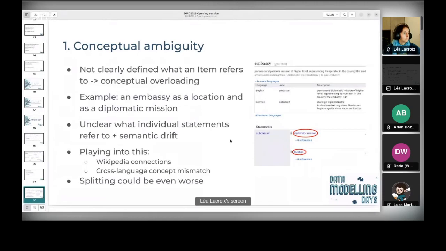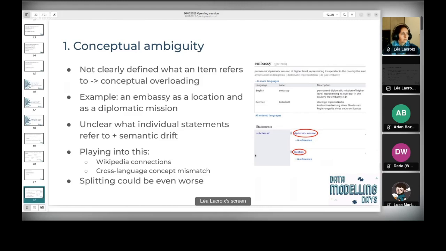And you would make different statements about both of these, right? You would, for example, talk about when the building was constructed, or when the institution was opened. And those are not the same dates necessarily. So that causes issues in queries and much more. And